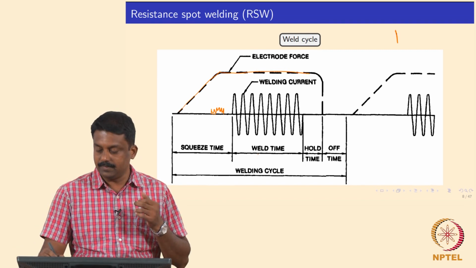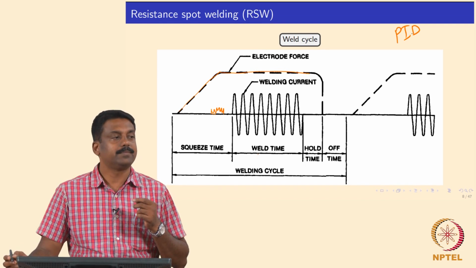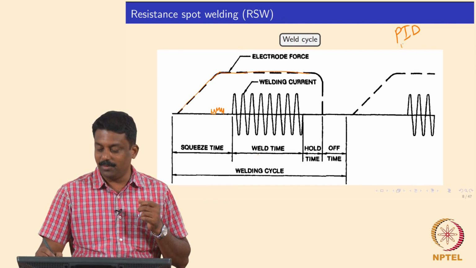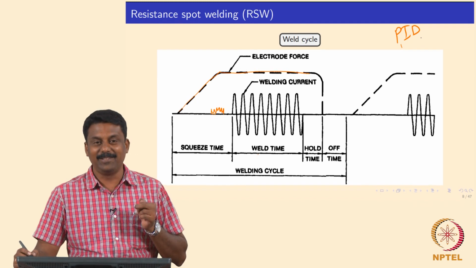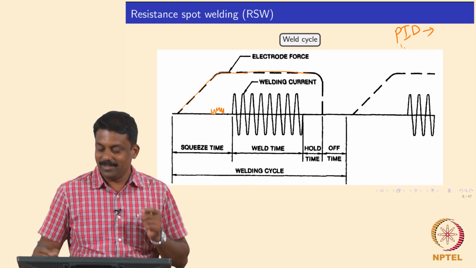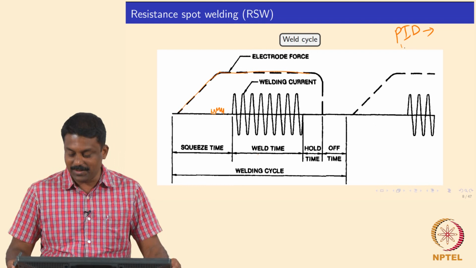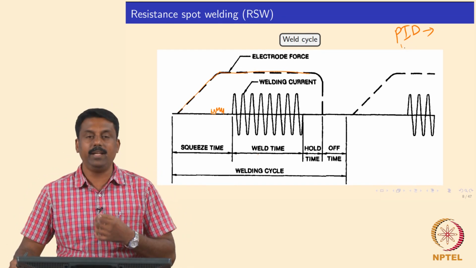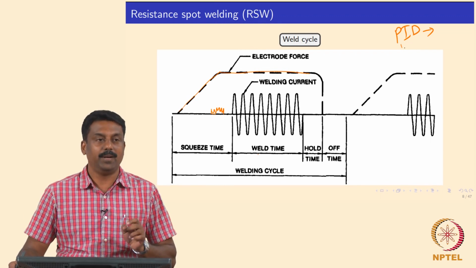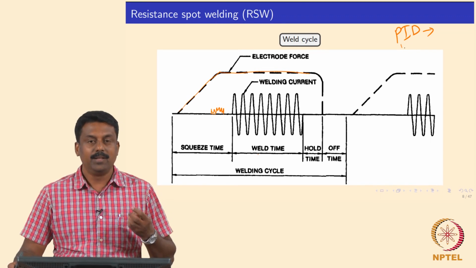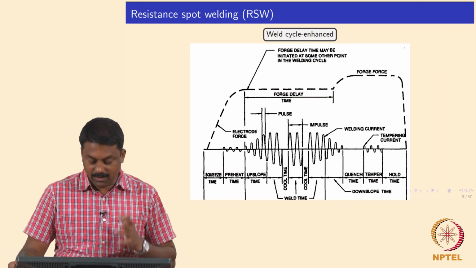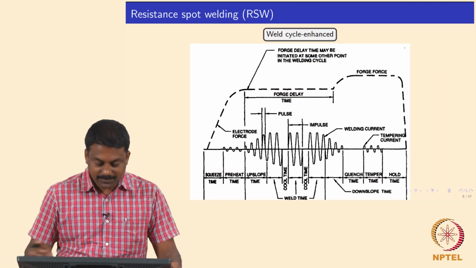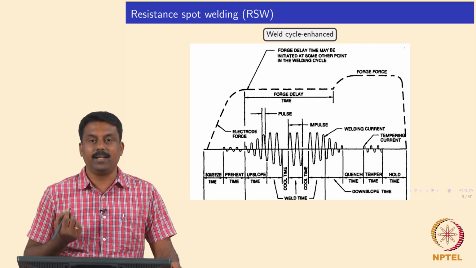So, in real life, if you have an advanced resistance spot welding equipment with a good PID control. So, what is PID? Yeah. So, the mechatronics guy should know about it. If he does not know, then you have a problem. So, these are the proportional, integral and differential control. These are the input output feedback control mechanisms. So, any resistance spot welding equipment would have a PID control to program a very complex weld thermal cycle. So, it is an enhanced weld thermal cycle that we use.